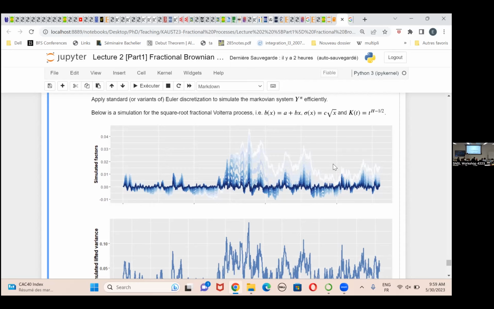And you have different timescales, right? So the lightish blue factors determine the level, they mean revert very slowly, and the darkest factors mean revert very quickly, okay? And this can be, in a way, responsible for the roughness, okay? Although theoretically,